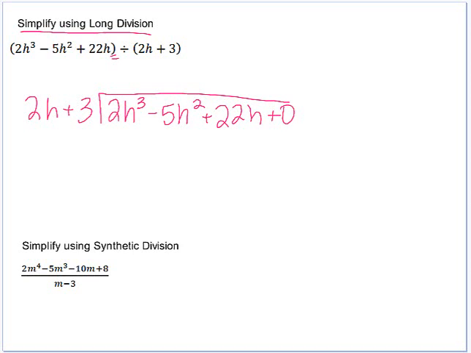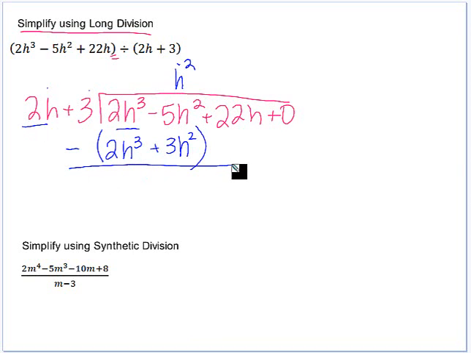Now we need to think: what times 2h gives us 2h cubed? It would be h squared. h squared times 2h is 2h cubed. h squared times 3 is plus 3h squared. Now we take this and we subtract it. When we subtract, it is best to change the opposite throughout the entire